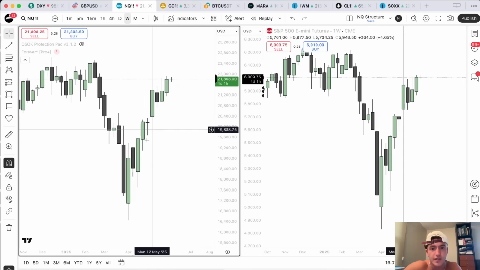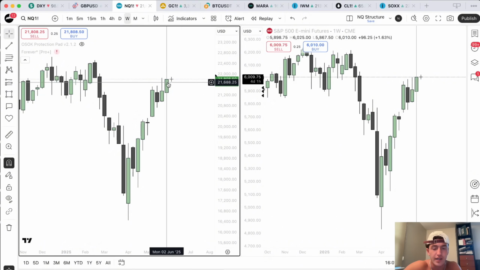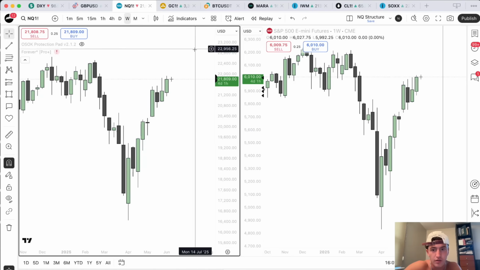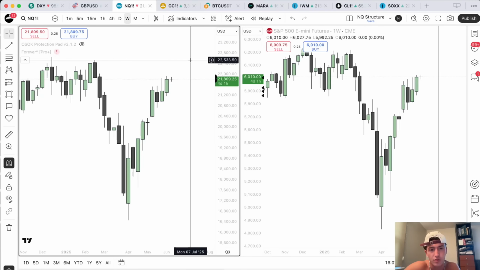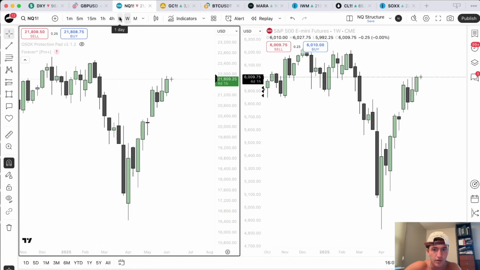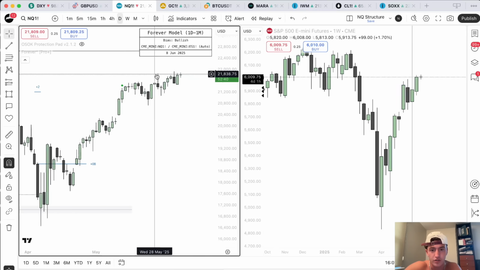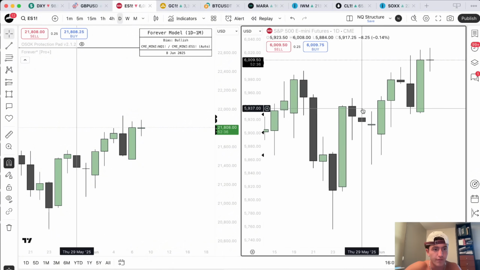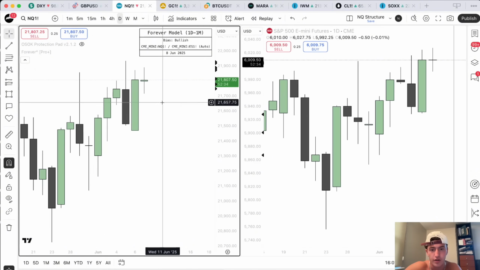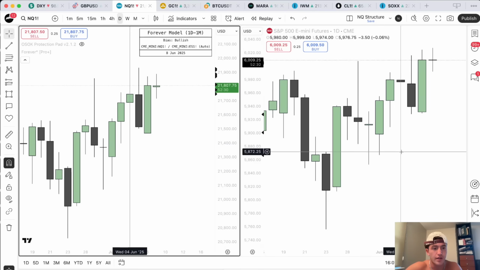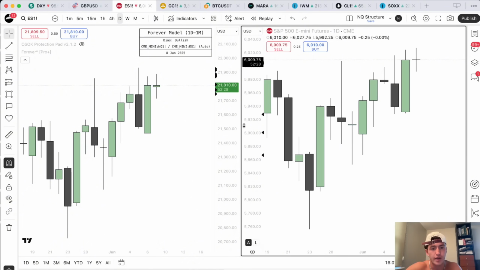So it's been difficult to really get into a higher time frame trade and hold a swing position moving towards the all-time highs, which is where I think that we're going to be going. So we have nothing to reference right now on the weekly. And we go to the daily chart. There is still nothing to reference on the daily chart here. So I was pretty dry going into this trading day.